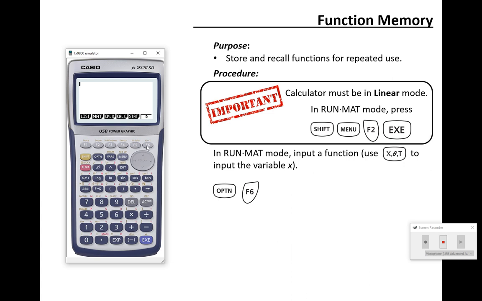Do you see these menus across here? When you go to Option, it gives you a whole bunch of choices, and then it gives you a little arrow saying there's more over here if you want to keep going. That's what they mean by pressing F6. I think it says press F6 twice. Yeah, F6 twice to get over to the menu I need. And then it says fmem, sort of mysterious. Fmem? Function memory. I can put functions in there. So I press fmem, and then